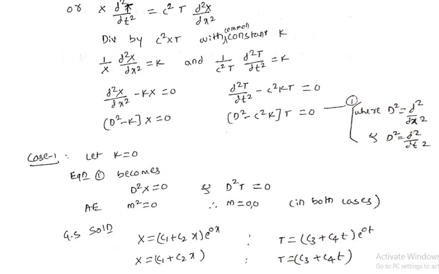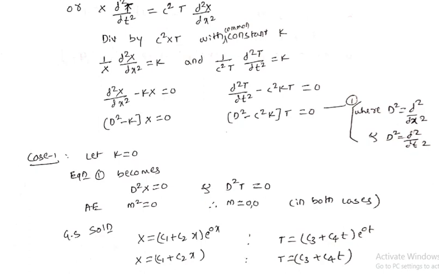Then the solution of the second term: here also m equal to 0 and 0, so its general solution is capital T, because it is with respect to t. So T equal to c3 plus c4 t. With respect to capital T use t here, and with respect to x use the term x here. Since we already used the constants c1 and c2, in the second term we use the constants c3 and c4.